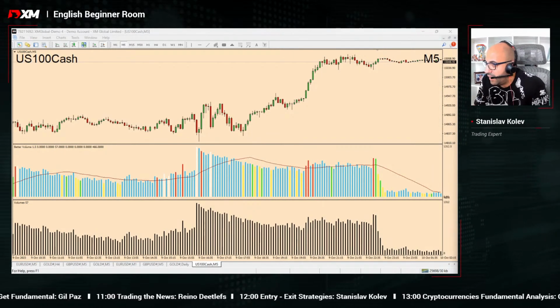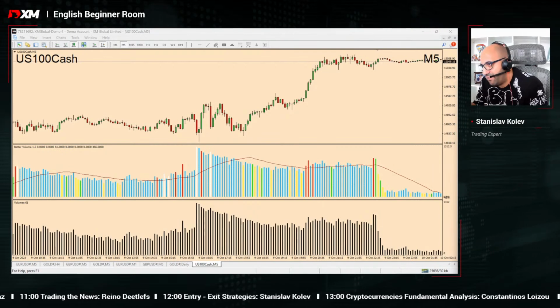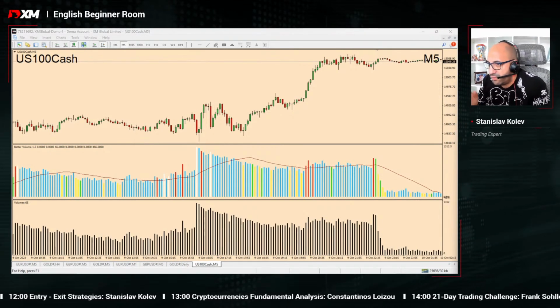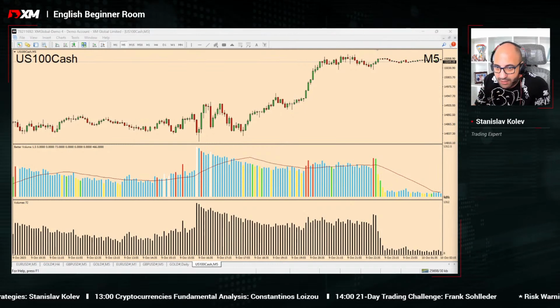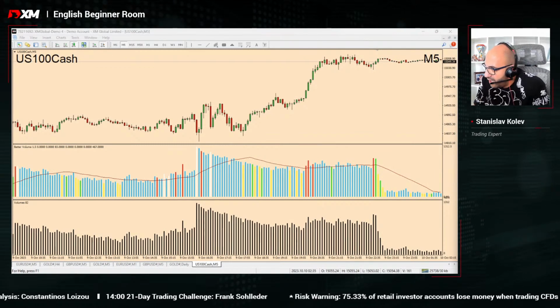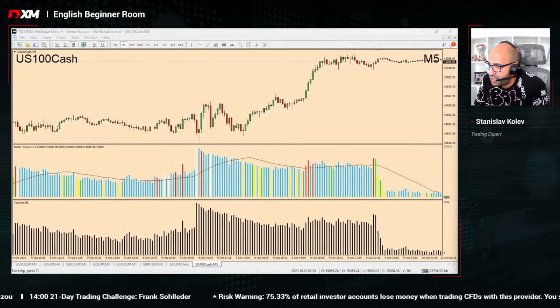Now, so we have vertical bars where you have blue, yellow, green, red, and white colors. And then the blue bars account for much of the bars